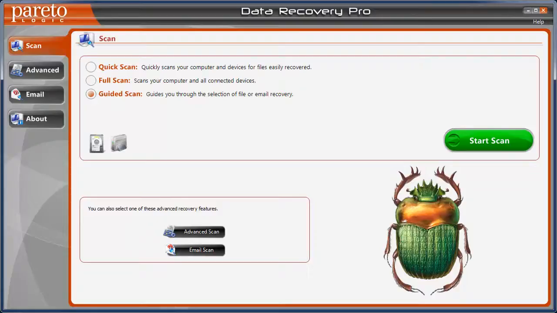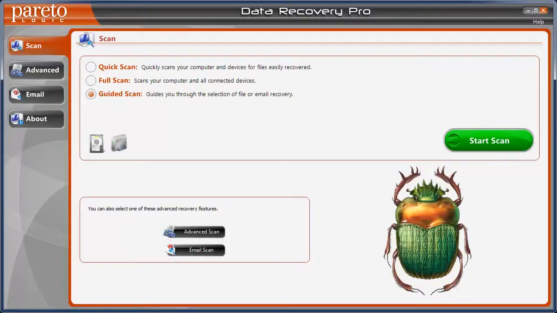They're pretty well known to once in a while just kind of crash, and you plug them in one day and it's just blank and there's nothing there. This will also recover files from those, along with other portable devices that you have hooked up to your computer. Anything that has a memory device, memory card, hard drive, this Data Recovery Pro software will scan it and find files on it, as long as you haven't already